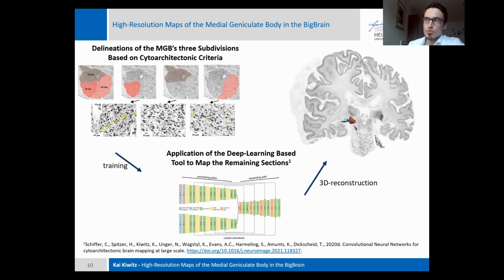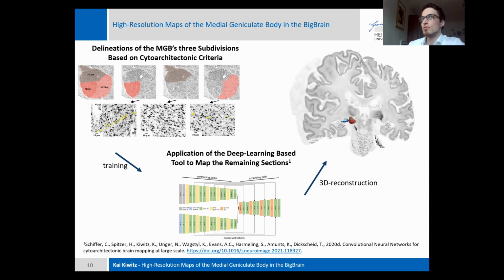But when it comes to mapping the medial geniculate body or lateral geniculate body right now, we've also seen that